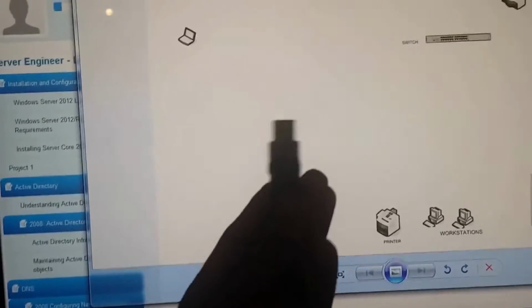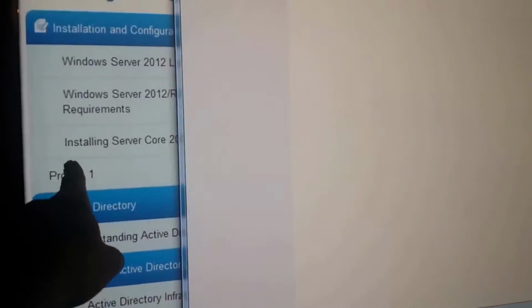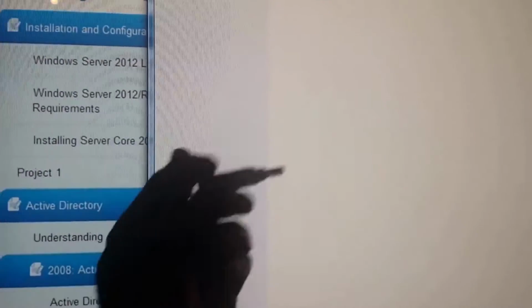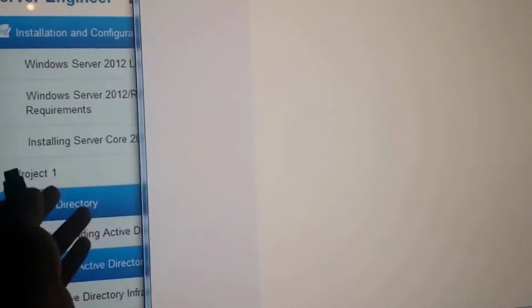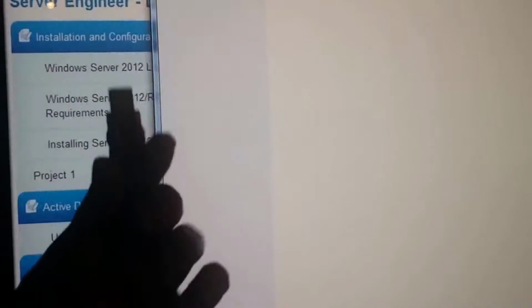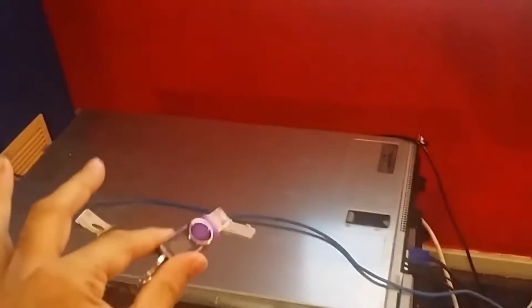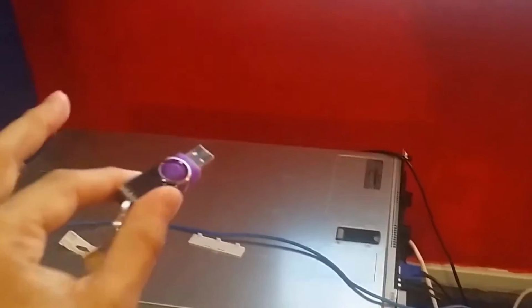This right here, this USB, I have created it. There's going to be another video right here, preparation for the server through USB. You're going to see something like that. You're watching this video right now, but you have to watch that video to see how I created my first USB so I can install it on this server, and then from there on we will create our first domain controller. Okay,